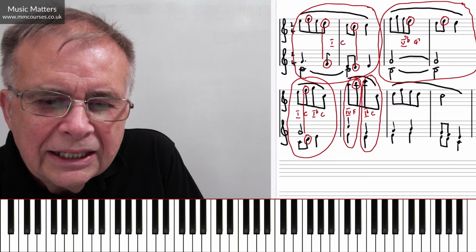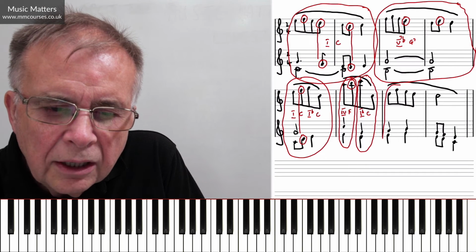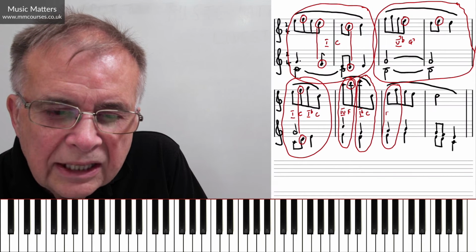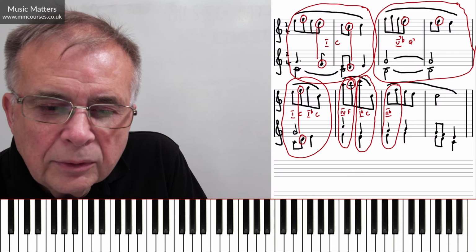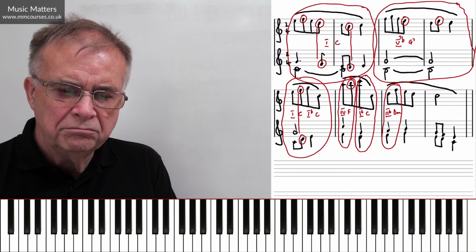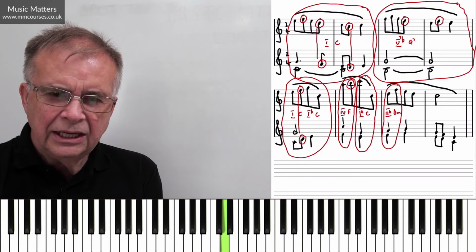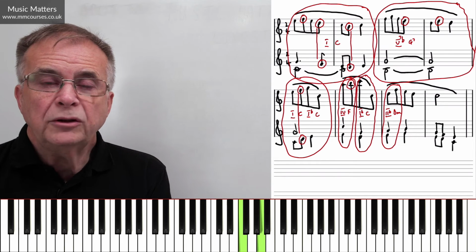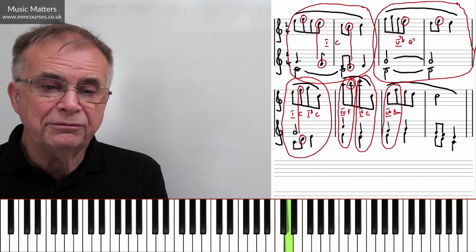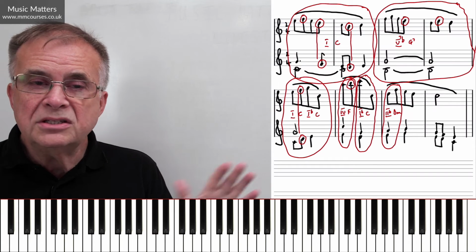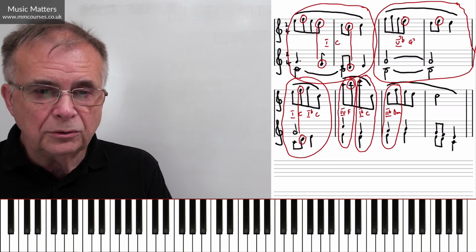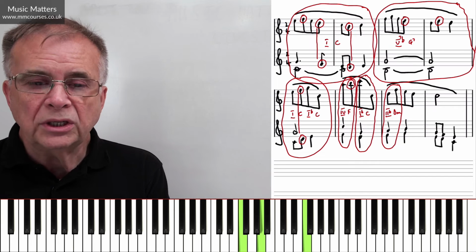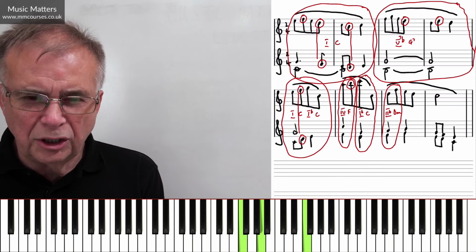Our next chord is going to happen in the first half of the next bar, the next measure. And this is a chord 2 in first inversion, otherwise known as a D minor chord. So let's have a look at that. The notes are D, F, A. Now if you look at that, the left hand, F and A, well, they both belong to the chord. The right hand, D and F, they both belong to the chord, don't they? So there's nothing going on here that's got anything to do with non-chord tones or inessential notes. They're all harmony notes, all essential notes, all chord tones, just to use all this different terminology.